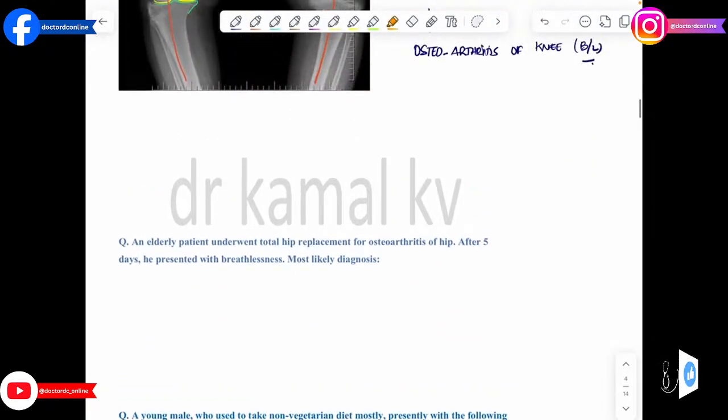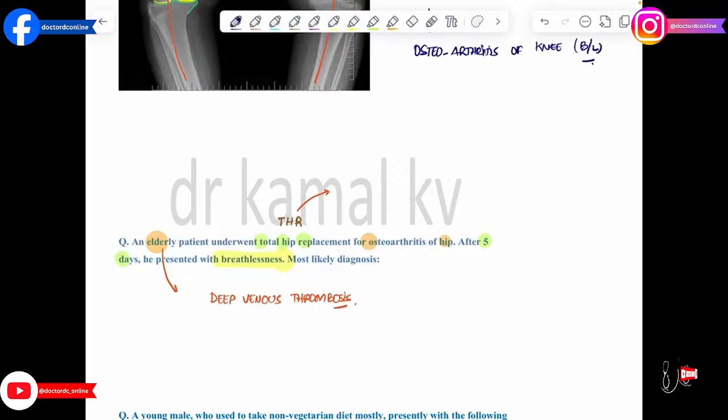The next question, an elderly patient underwent THR. So this is total hip replacement done for osteoarthritis of hip, but after 5 days he developed breathlessness. So what can be the cause here? Now in long duration surgeries like THR or TKR, and in elderly patients, there is high possibility of deep venous thrombosis,